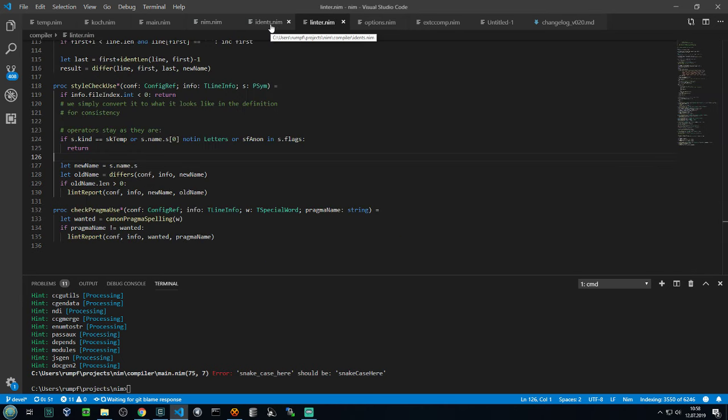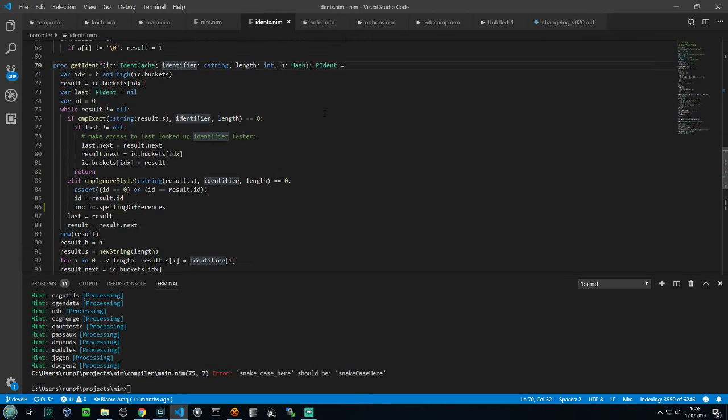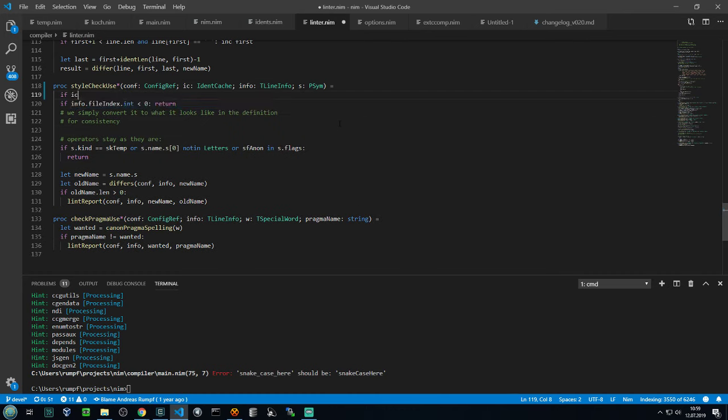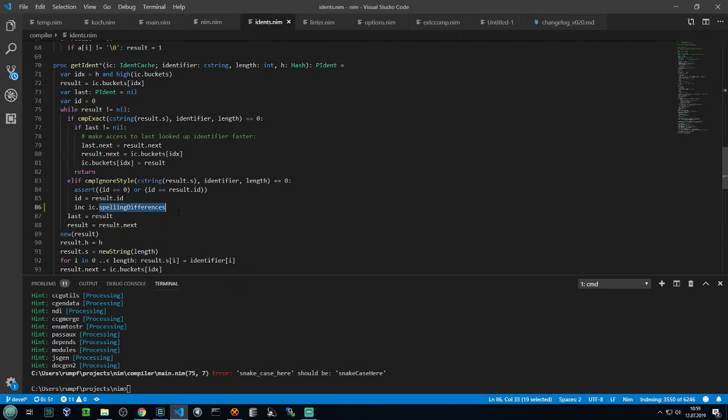I don't think we have it. So the style check use needs this ident cache. And then we can say, and then we can even be smarter. Come on. We can be smarter than that and say we can actually see if it changed from